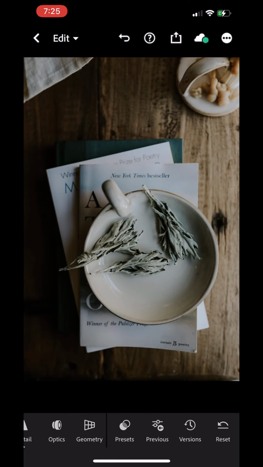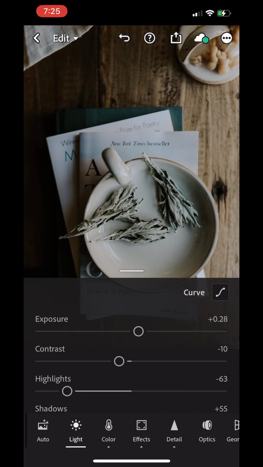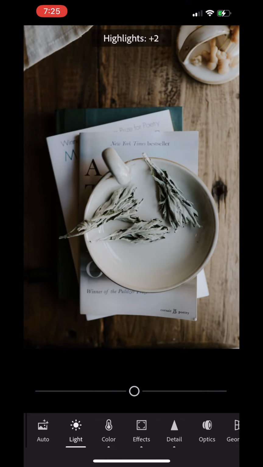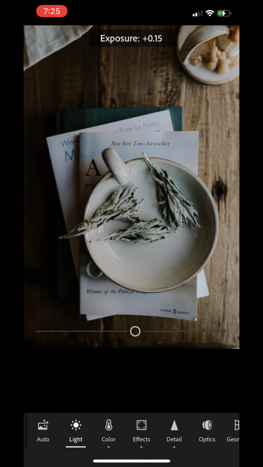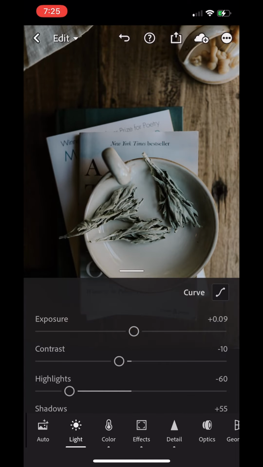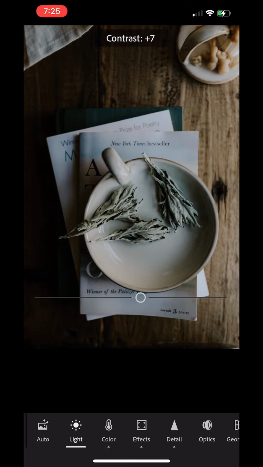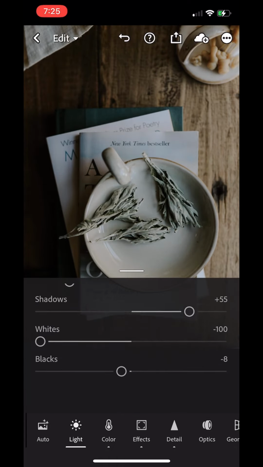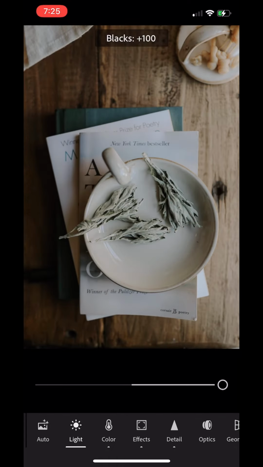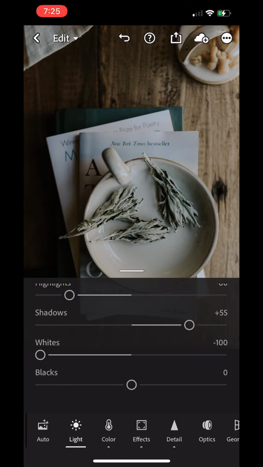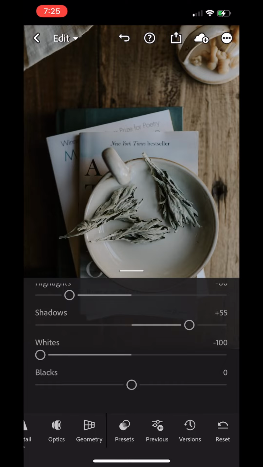And then make adjustments. So maybe you don't like all the brightness. You can go into the lightness and pull down some highlights. You can see kind of the difference. Maybe pull some exposure down, make it a little bit moodier. Play with the contrast. Of course, just like it says, it pulls out the contrast of an image. You can play with the blacks and the shadows. So it's nice to actually go through the